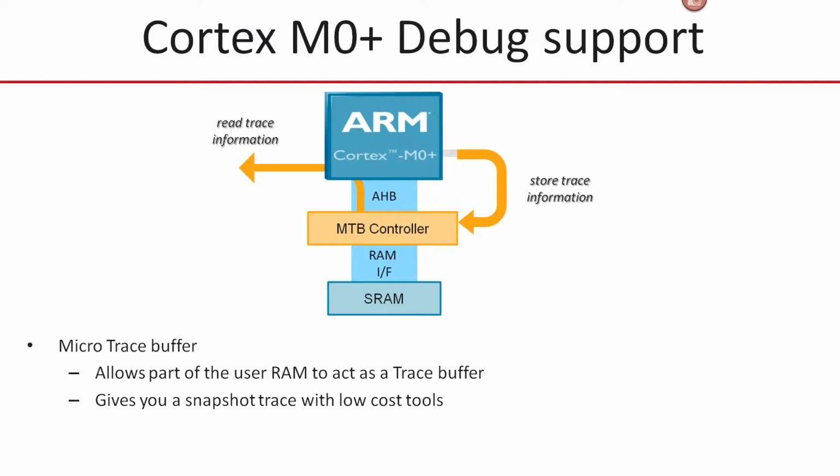So as the Cortex-M0 is running, every instruction executed is recorded into this internal trace buffer. When you halt the code, a low-cost development tool can then download that information and reconstruct trace information within the development tool. So this effectively gives you a zero-cost snapshot trace that can be exceptionally useful for debugging obscure problems